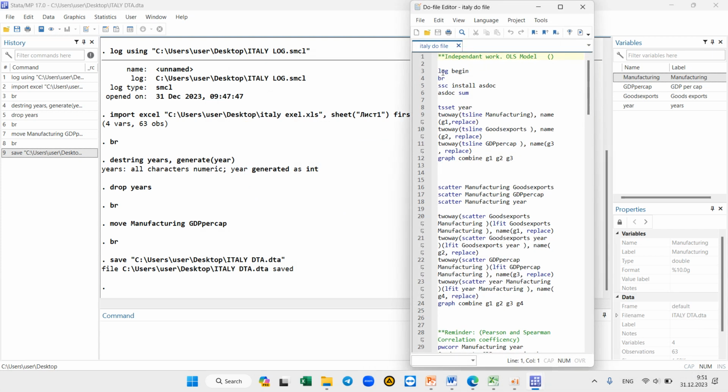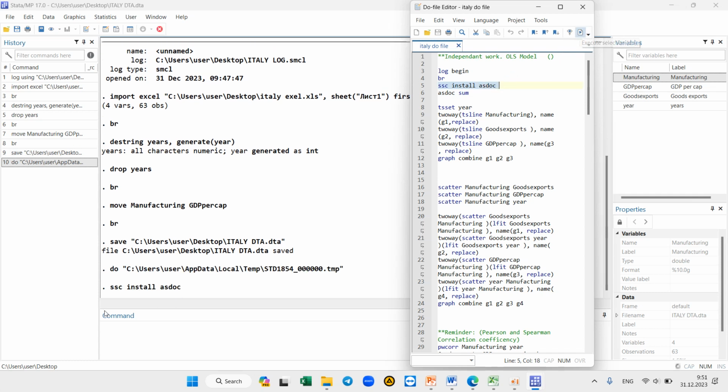First of all, I give log begin, as you can remember, and then the command browse for checking. Now it's time for ssc install sdoc. We will give this command because we need my file doc when we are going to take our graphs or such kind of things. So we just give this command. Just choose it and press the execute button. Okay, after this, we'll give a sum for